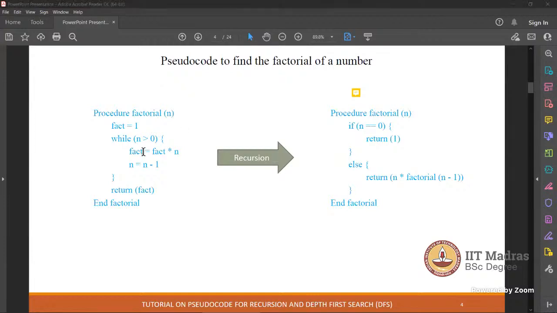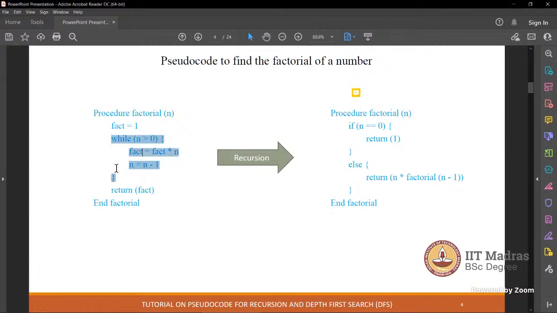It's 5 into 4 into 3 into 2 into 1, only once. It's a single iteration. The while loop executes n times. If n is 5, it executes 5 times.